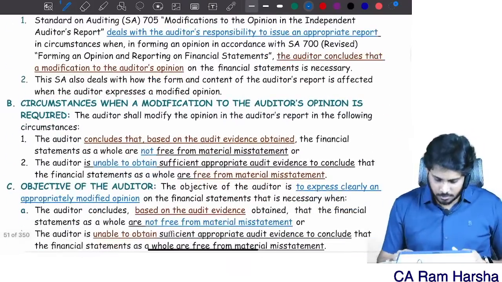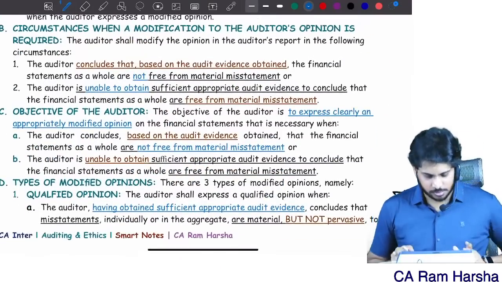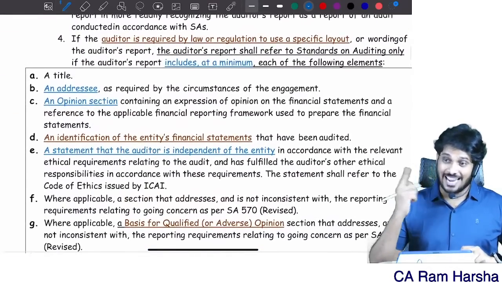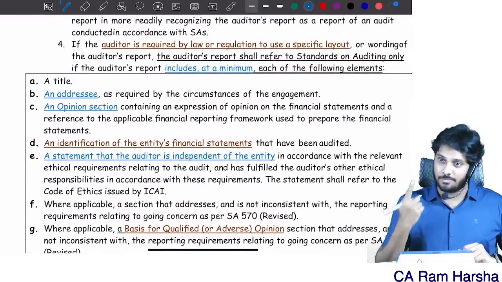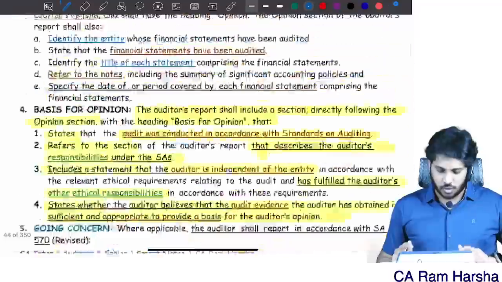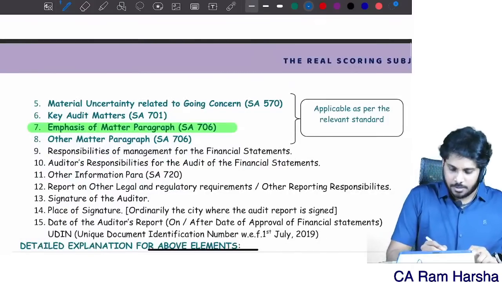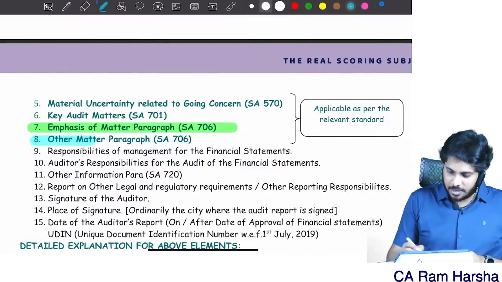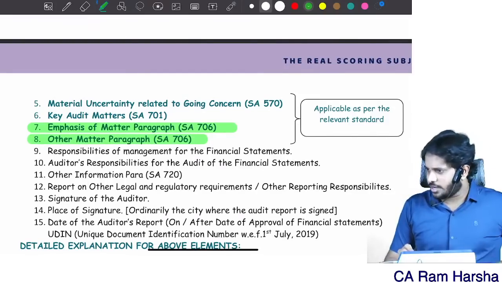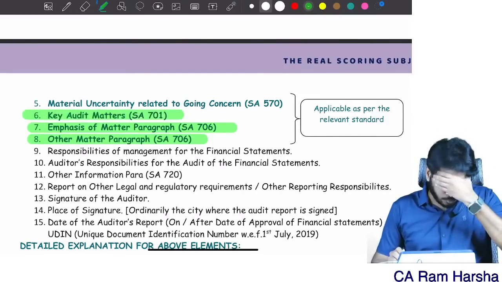Next. So that's about the other matter paragraph, the related standards 299, branch accounts, and audit concept; all that is completed. So I'll go back to this. The emphasis of matter paragraph is completed and the other matter paragraph is also completed. Then let us discuss what a key audit matter is. Just 2 minutes, I will continue.